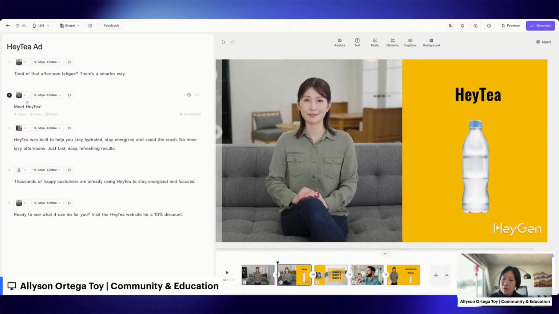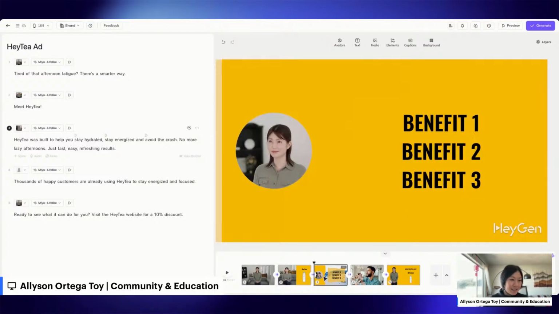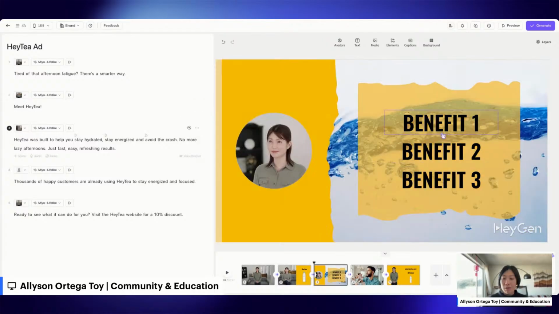So for this one, if you remember our third scene, here in the scene we were talking about the different benefits of this product. And so what I would love for this scene is to have each of these benefits. I should have changed the text here too earlier. Sorry about that, guys. I want to have each of these benefits basically appear on screen in sync with a